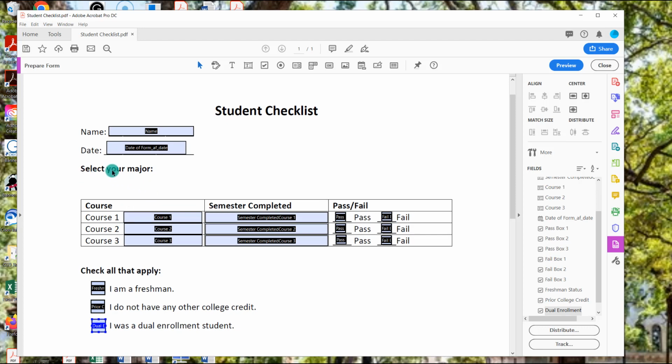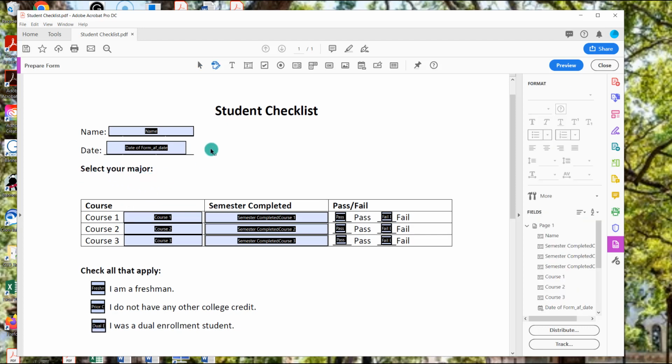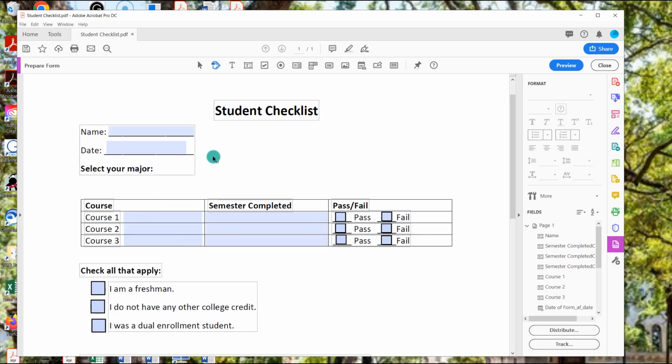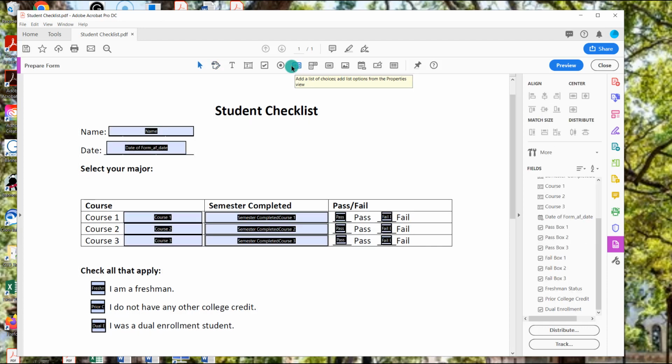Now let's add in a drop down box because in this one I want them to select their major. So up here at the top, notice that these two are a little bit different. If you hover over them, it'll give a description. This first one actually allows for multiple selections, and the second one does not. So in this case, I want them to just select one major. So I'm going to just choose the second one,